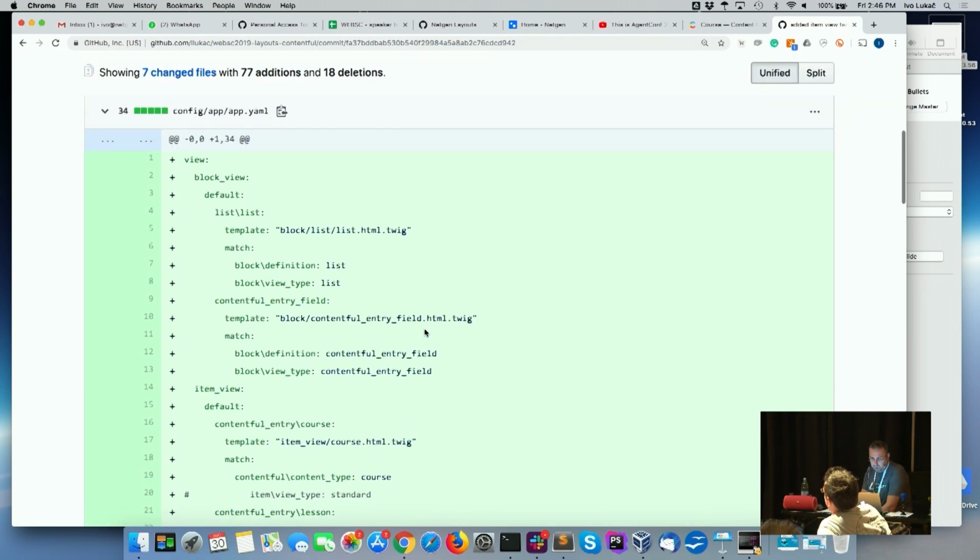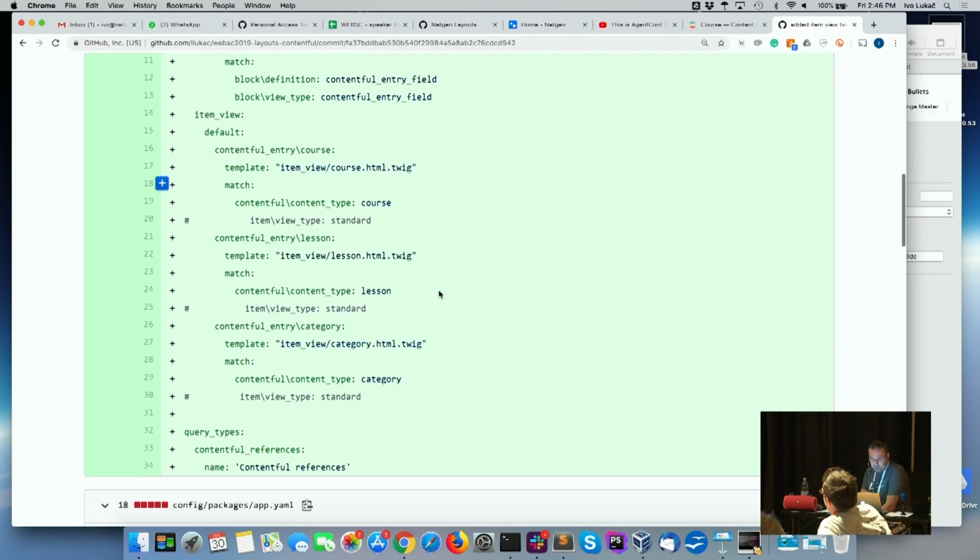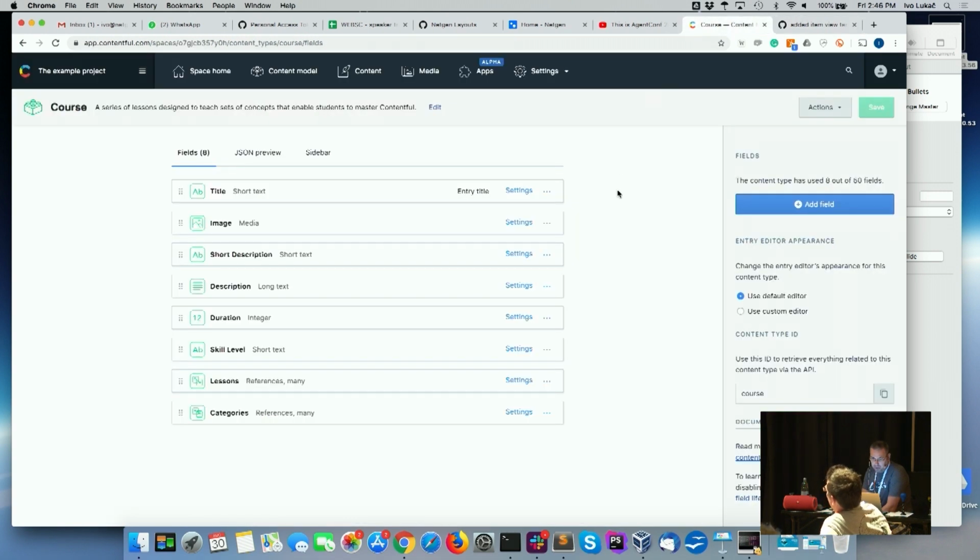And then in the configuration, we say, okay, we have so actually not this one, this one, item view. So we have a Contentful entry course template, and it's matching the Contentful content type course. Okay? And with all that, what I get is that